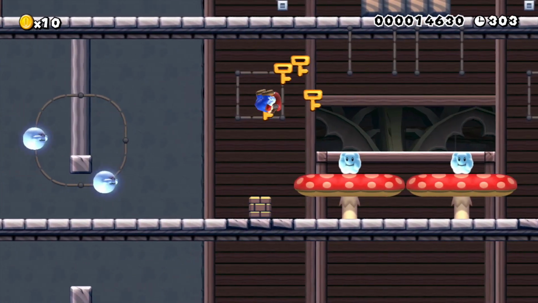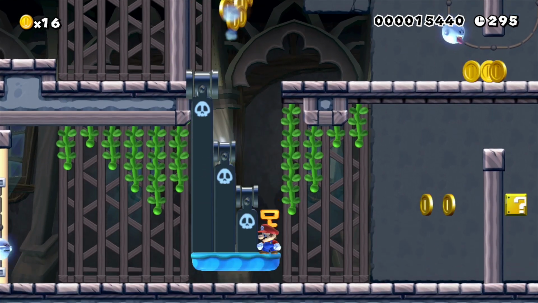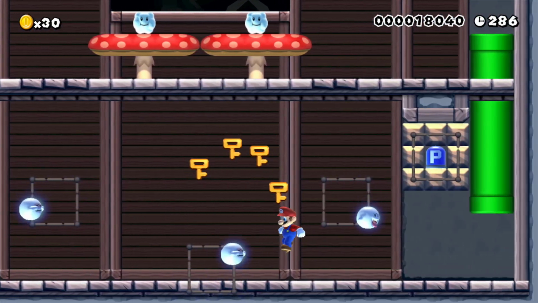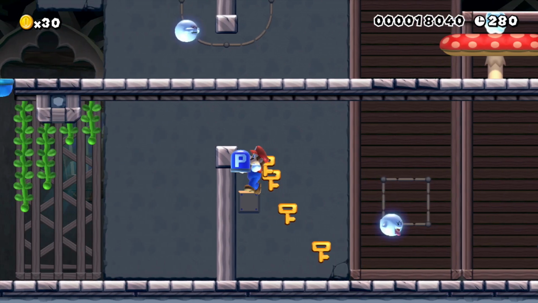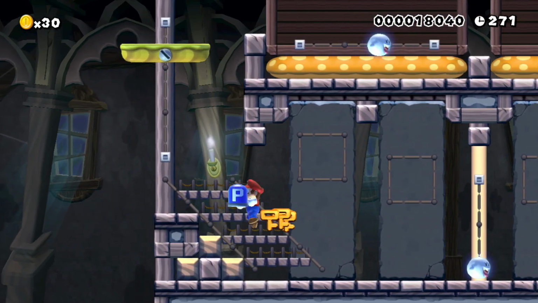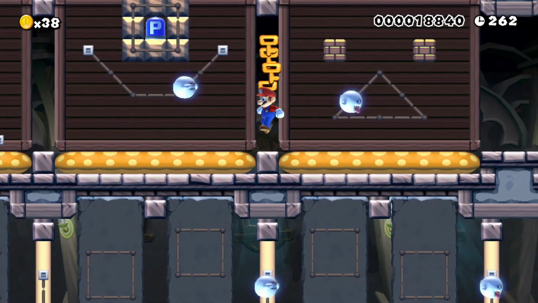That's fun, killing stretches. Oh shoot, that's actually got a bullet in it. P-switch, eh? Now when you come back, the blue platform is up again, so you can go under. P-switch. Yes, I have a P-switch. So,